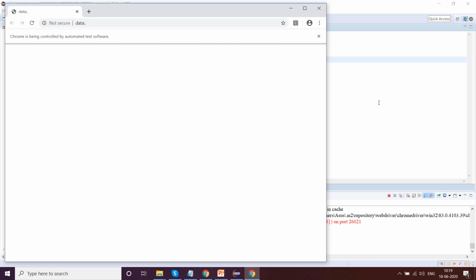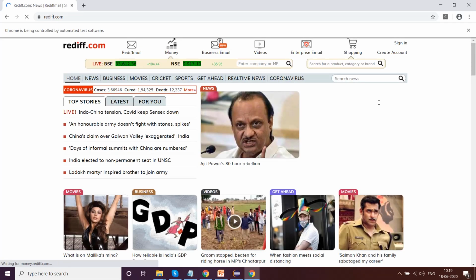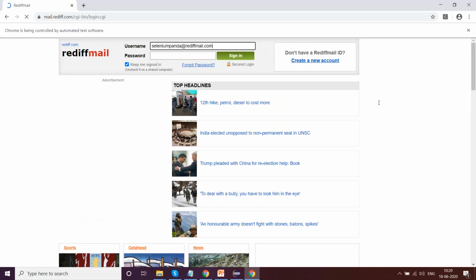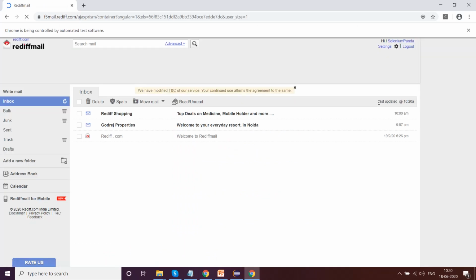Okay, so at least it is good that we encountered this particular problem, because you might encounter this too. It works absolutely fine. Now let's go ahead and see the output.